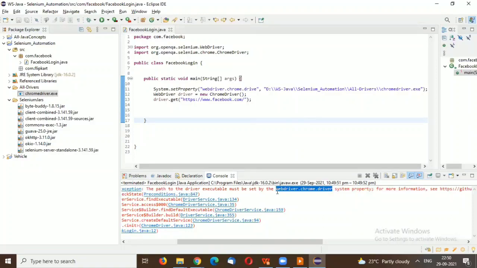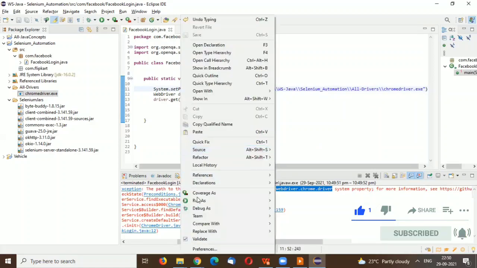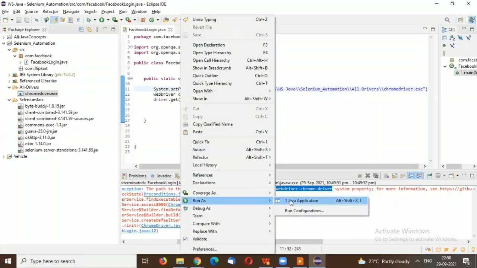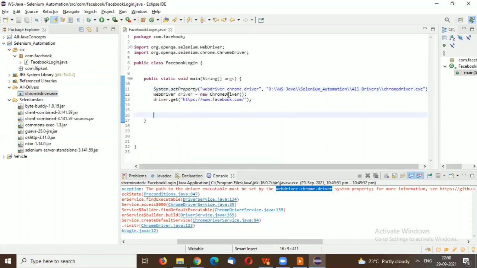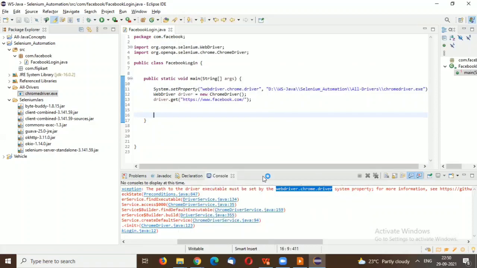Okay, I think we made some mistakes here. Let me check. Okay, this type of mistake we need to avoid. It's a very case sensitive language. We have a spelling mistake here, we need to type an R. We need to avoid this type of spelling mistake also. It's a case sensitive language, and if you miss a small thing, it will not launch your script. So we are missing an R here. We will run it again now.